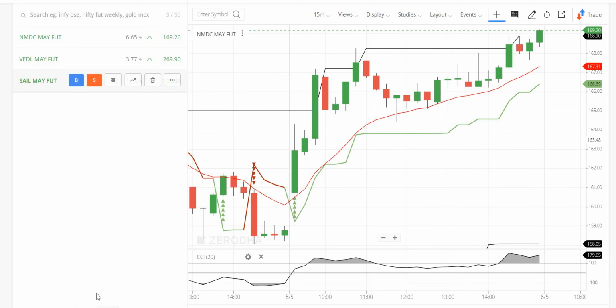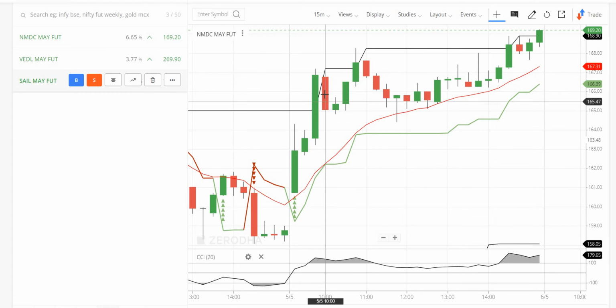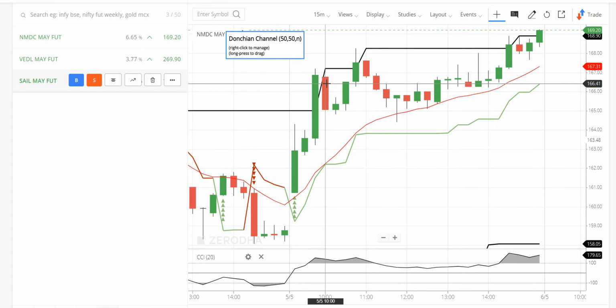Okay, so when did I take this trade? I took this trade after the third candle, right? So somewhere at this point. Now I'm looking at these three candles in NMDC and it looks very good to me, very strong to me, right? So what do I do? I go long here. Or maybe I'll be somewhere in the fourth candle when I take the trade. So I might go somewhere within the body of this candle. I will go long.